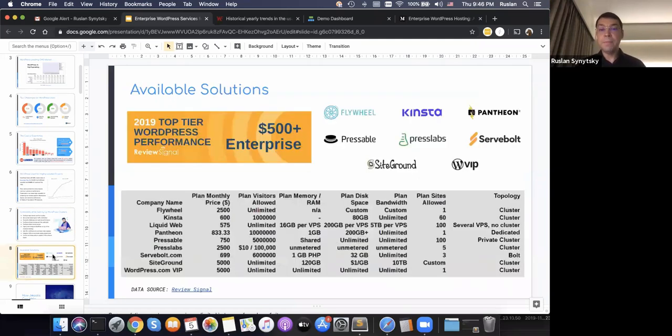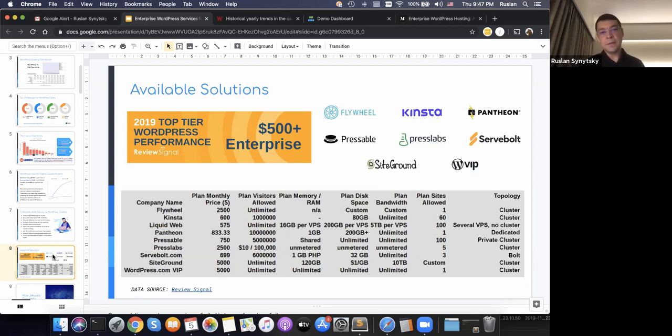So what do we have on the market? We analyzed the current solutions, and we found very interesting articles from Review Signal. This company reviews hosting companies, and last year they did a comparison of many hosting companies that offer WordPress hosting.